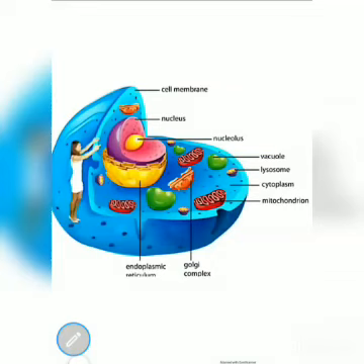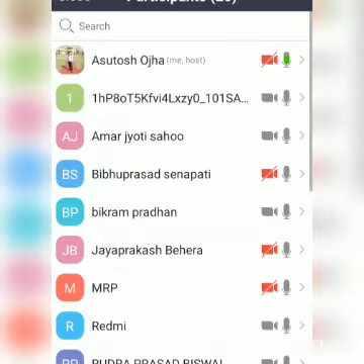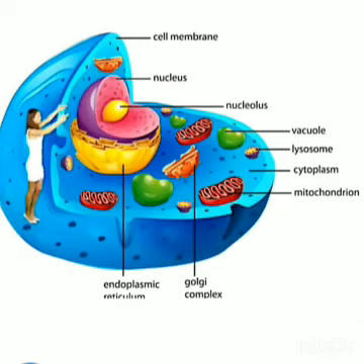As you know, the cell is the basic structural and functional unit of living organisms. So now we have to start that the cell is the basic structural and functional unit of life. Here you can see the cell of one animal. And as you know, the animal is one advanced organism compared to all other types